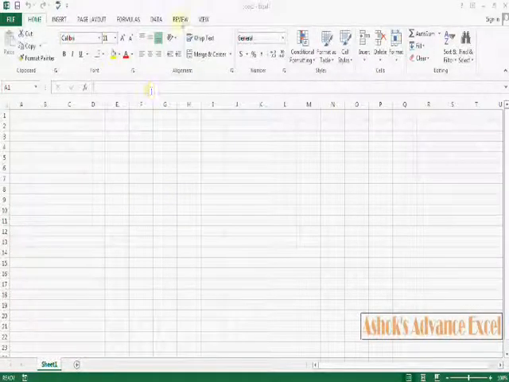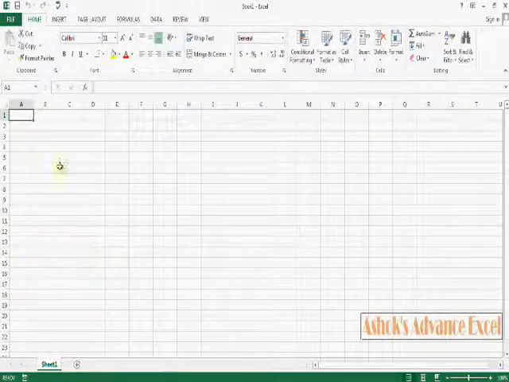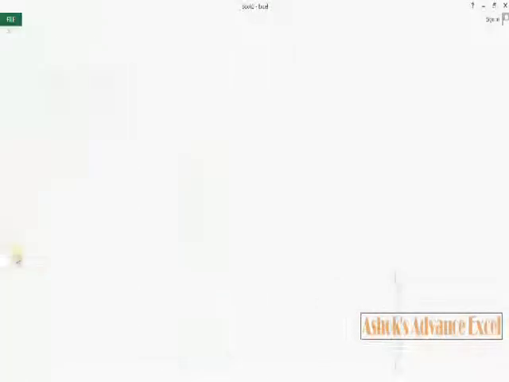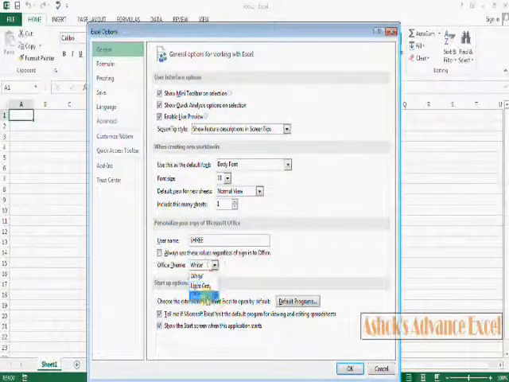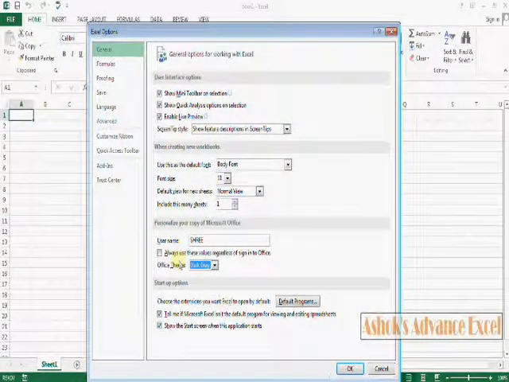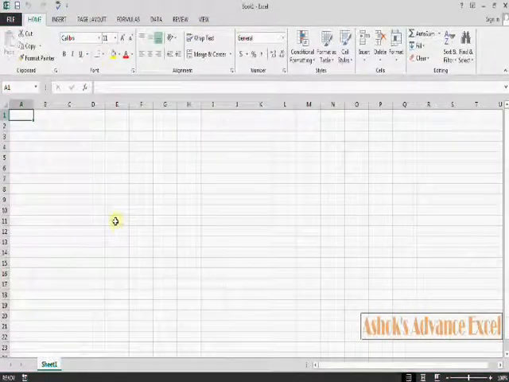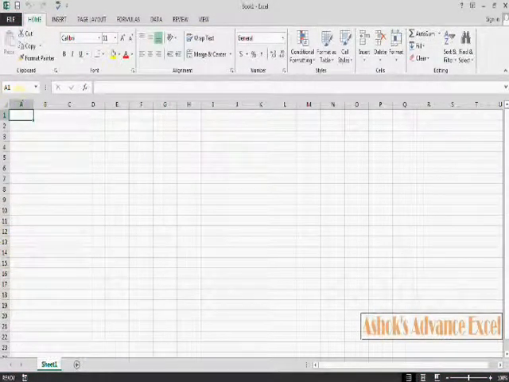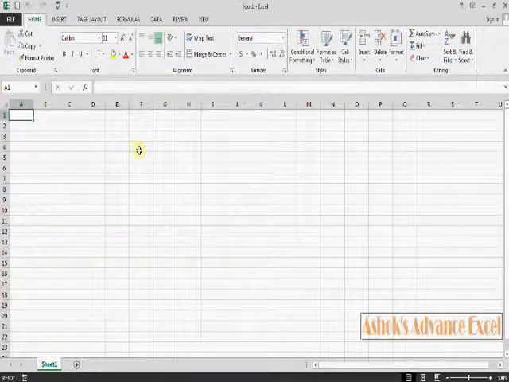Many users of Excel 2013 are not satisfied with the visuality of this Excel sheet. So first of all, we'll do something for that. In Excel options, change Office theme to dark gray and Office background to no background. Here in this version that option is not available, or in some versions it is available. Now click OK. Now you can see our sheet has changed and it can be visualized easily.